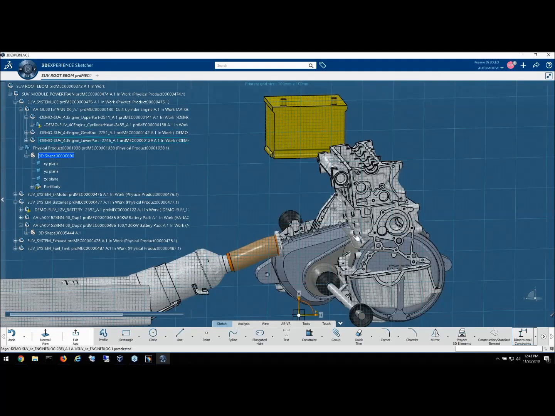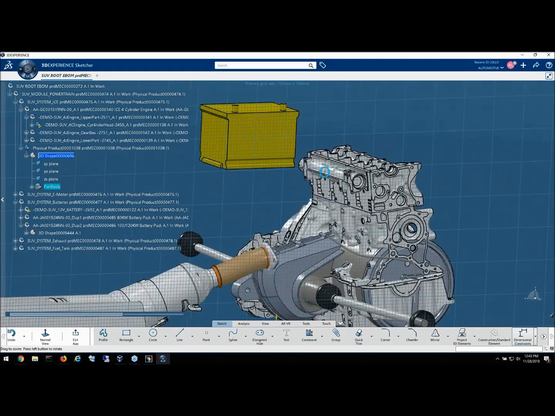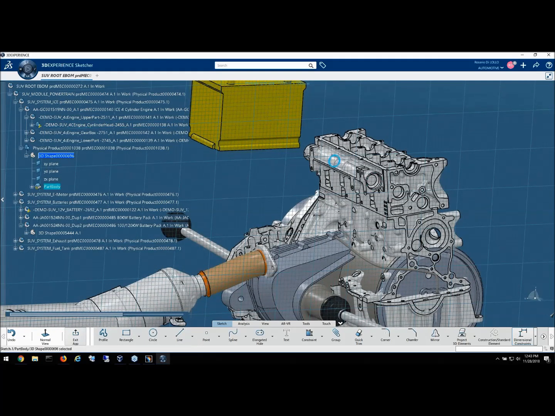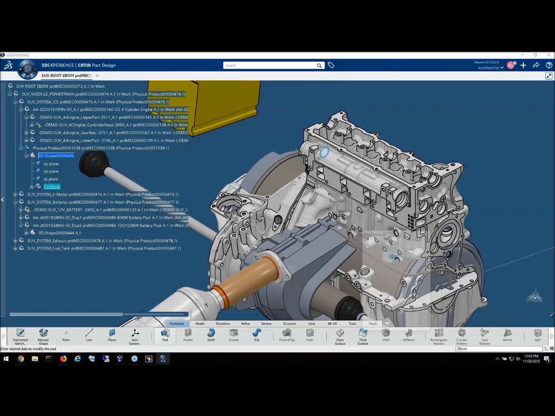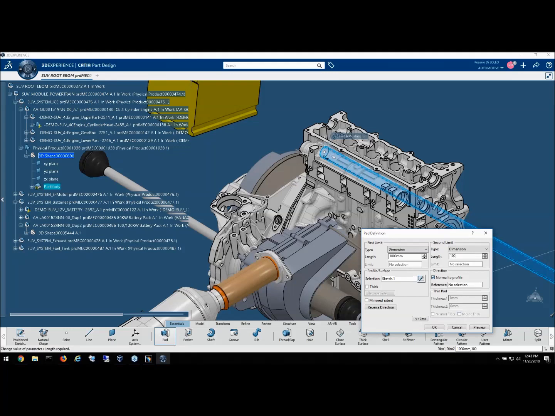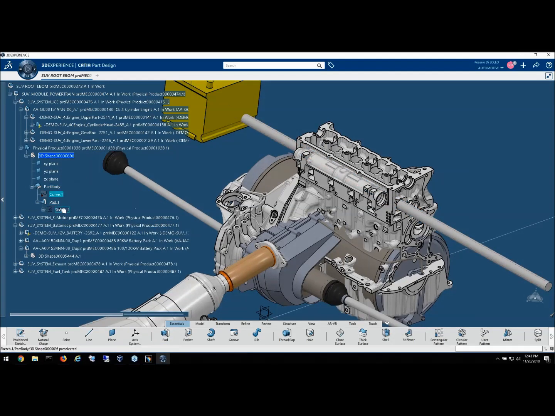So I'm going to do something extremely simple, right? I'm just going to choose this diameter here, and I'm going to put it inside of my CATIA 3DX sketch. So the feature is recognized. And I can now make a super simple pad here, just for argument's sake again, right? So you can see that I am spawning a CATIA 3DX element with a sketch that is basically referencing a